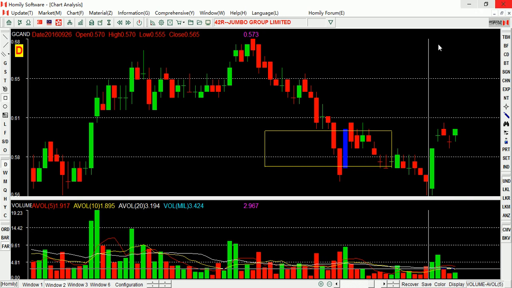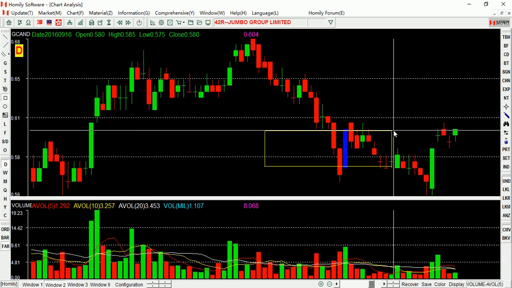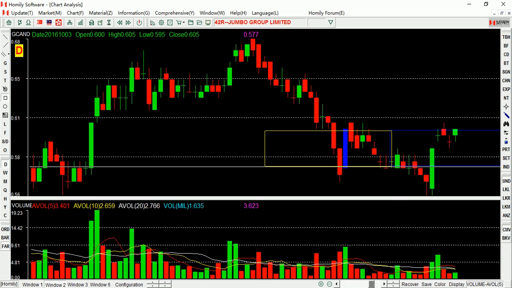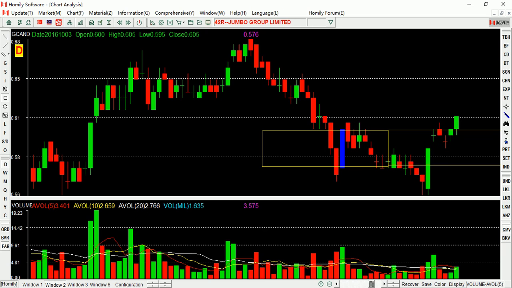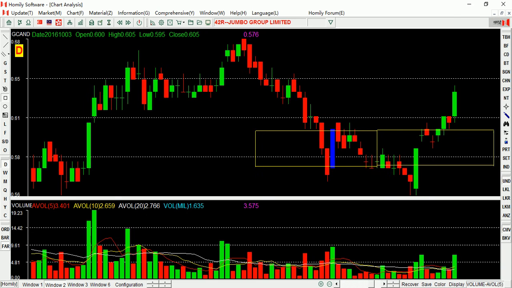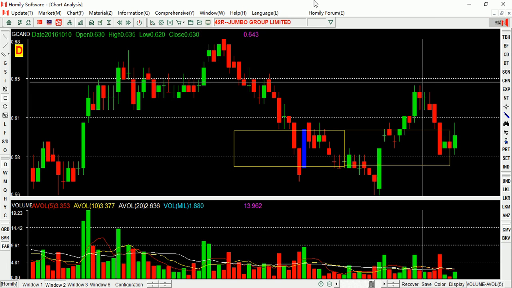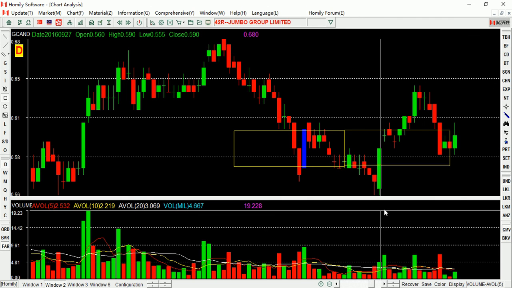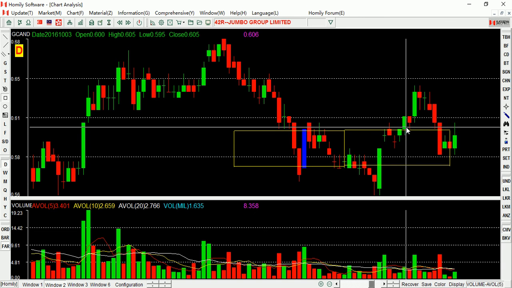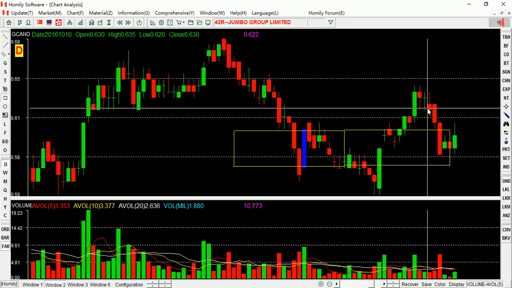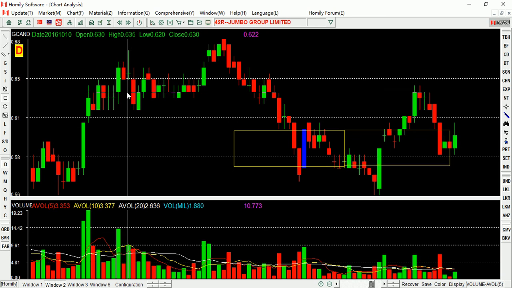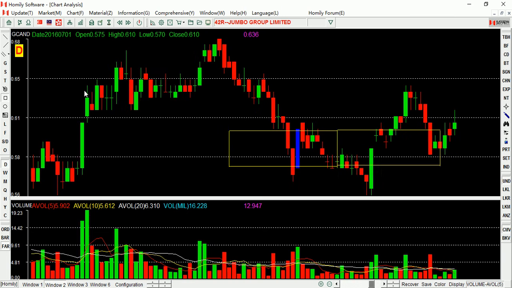Because here, still sideways. If you see here, the price is sideways inside the fluctuation area, okay? Up again, buy or not? Buy again, okay? But only for short term, because the trend is downtrend: lower low and lower high. So if you buy here, maybe 1, 2, 3 days, you should sell quickly, okay? Or you can see here, touch the resistance, you should sell quickly.